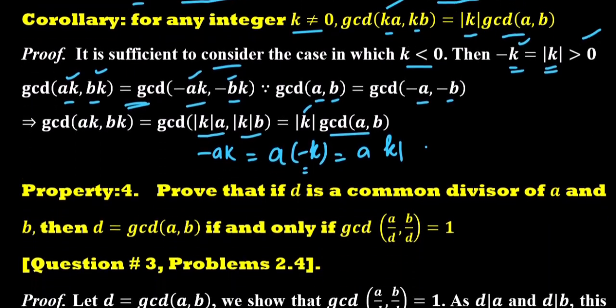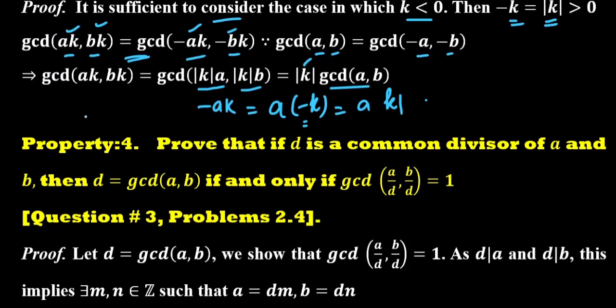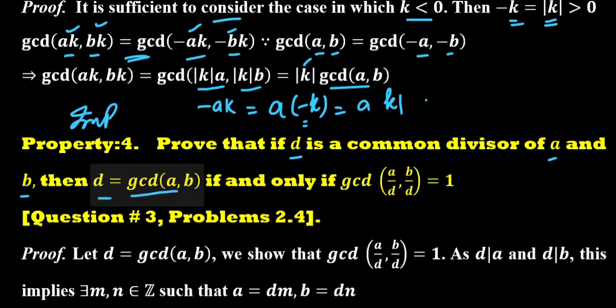Property number 4. This is also a very important property. This property says if D is a common divisor of A and B, then D is equal to GCD of A, B if and only if GCD of the fractions A over D and B over D is equal to 1. In other words, this property says that